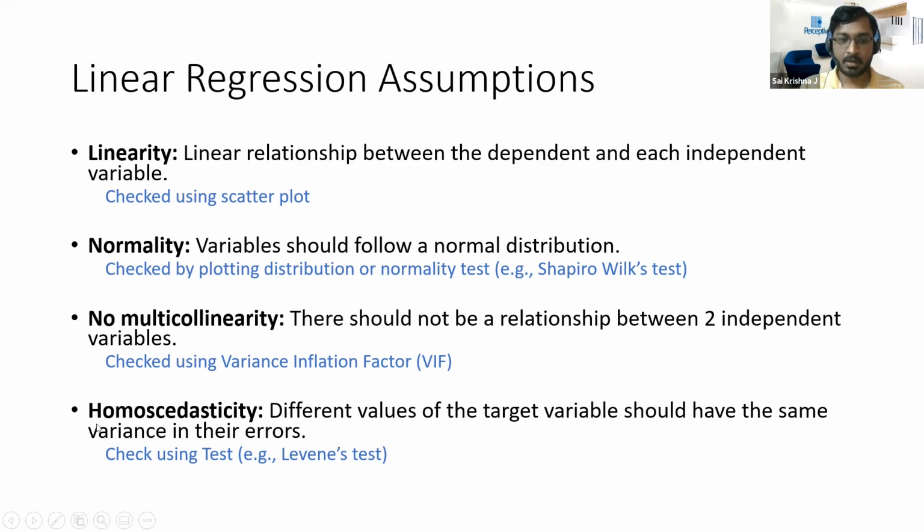So typically, linear regression can be performed either using Microsoft Excel itself, or you can use other software such as R or Python. The advantage of using R or Python is that it also allows you to do these kinds of tests, the normality test, the VIF test, or the homoscedasticity test. Excel doesn't have built-in functions for these advanced tests. So that is the advantage of using a statistical software package as opposed to Microsoft Excel. And of course, there's always the advantage of working with huge data sets, which you don't get in Excel.